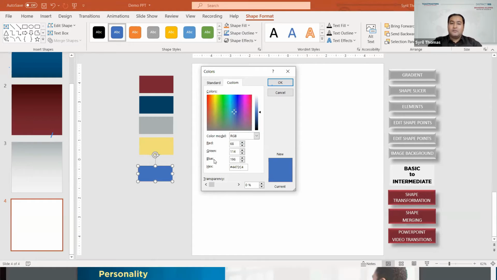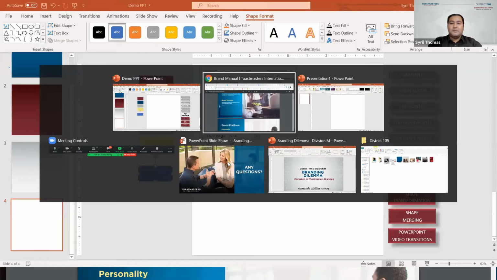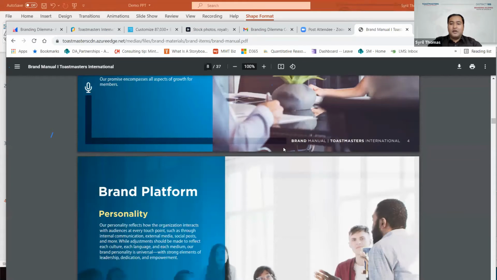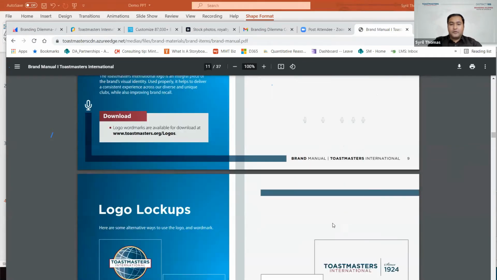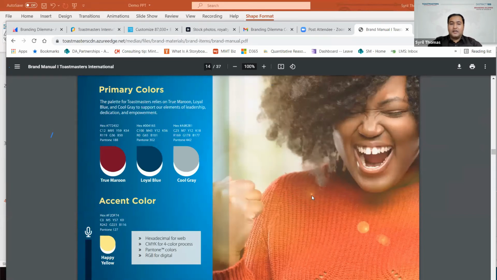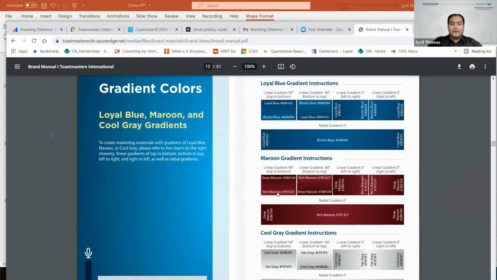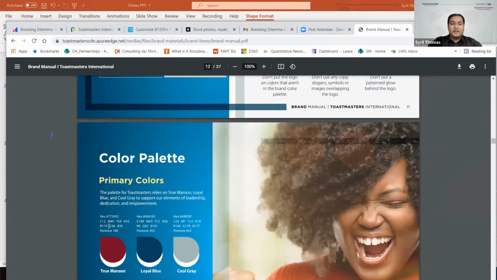So the colors can be formed with a combination of these three colors, or with a digital code which was recently created for color combination. So I would suggest, if you do not have hexadecimal, you just have to put RGB from the brand manual. If you can see the brand manual, under the color guidelines, you can see that there is hexadecimal code, there is RGB, and there is one more color variant called CMYK. This is usually used by professional tools, professional software, so that the print colors are accurate, because